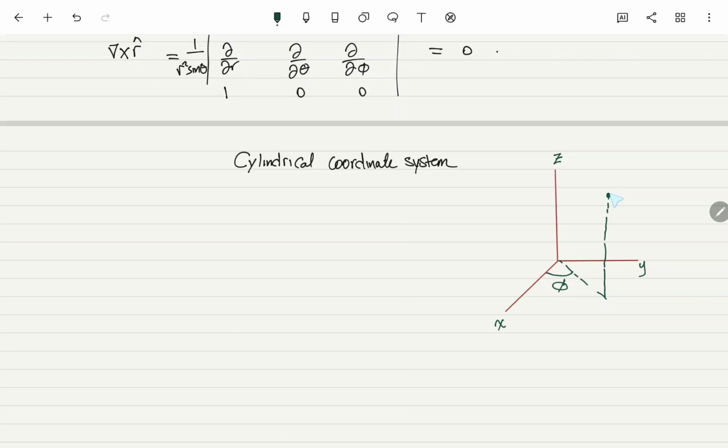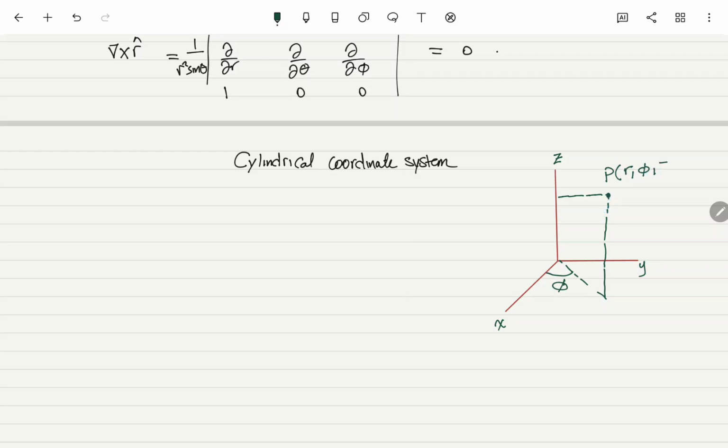Now this point P has a direct intercept with the z-axis like this one here. Therefore, the point P has three different axes, which are r,